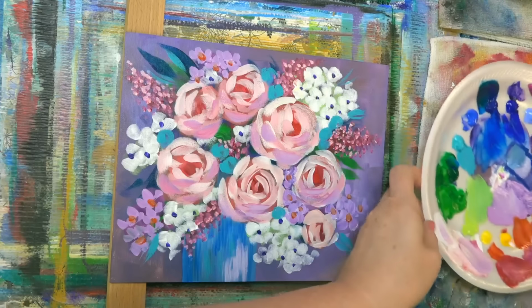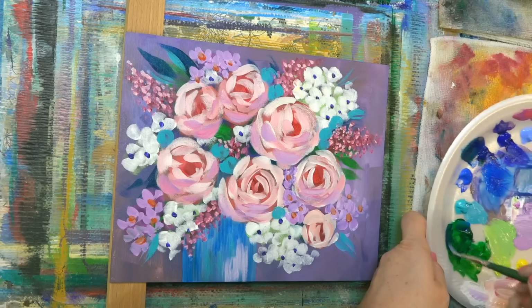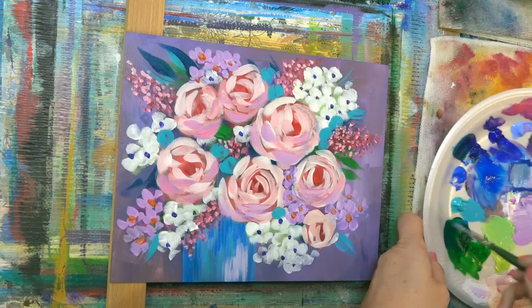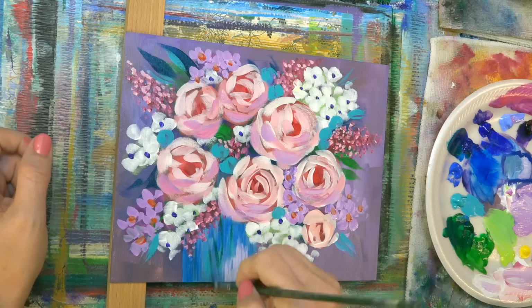Grab some green, dark green here. Let's grab some turquoise, make some turquoise. So green, dark green, a little bit of phthalo green and phthalo blue together. Make that dark turquoise, and we'll do a few like random